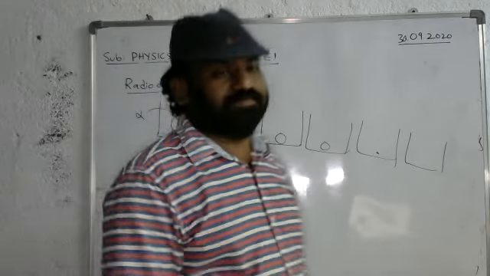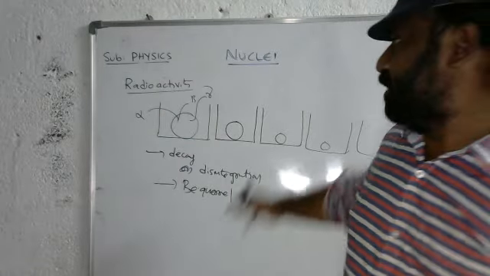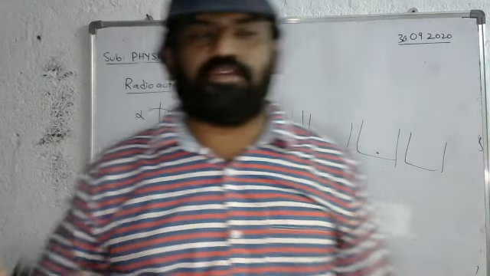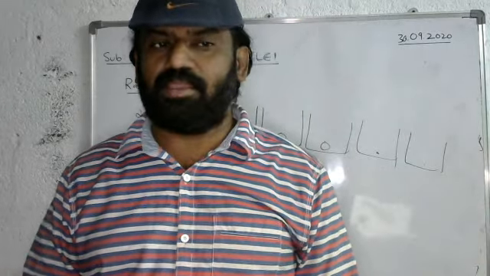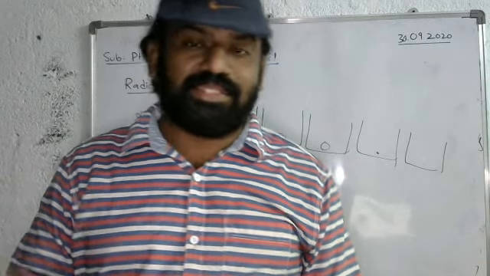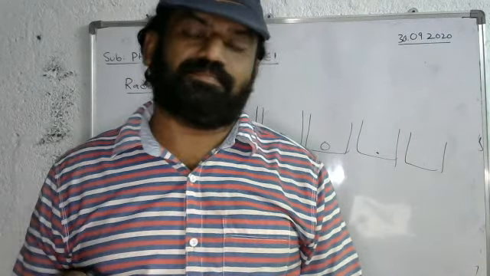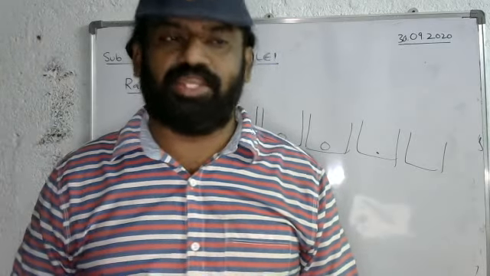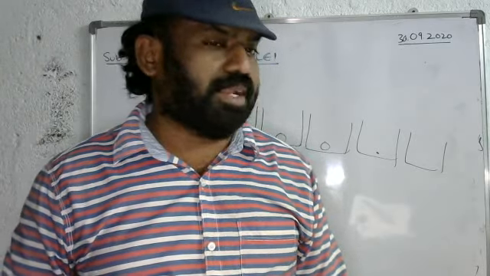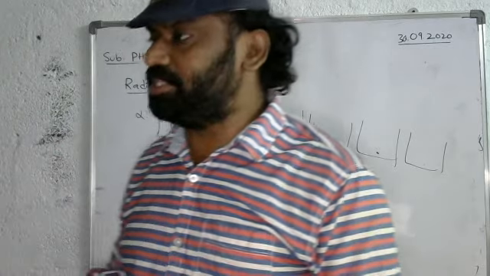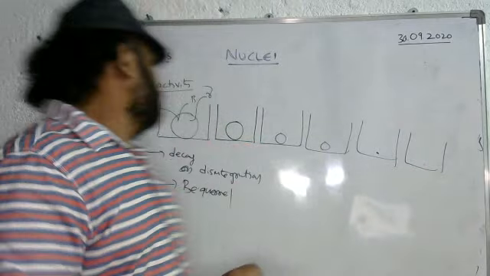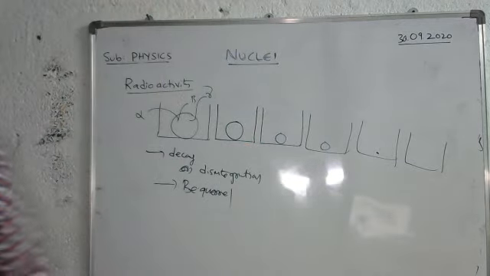So let us once again listen carefully. What is radioactivity? A nuclei of certain element disintegrates spontaneously by emitting alpha, beta and gamma radiation. This phenomenon is known as radioactivity. So now let us discuss